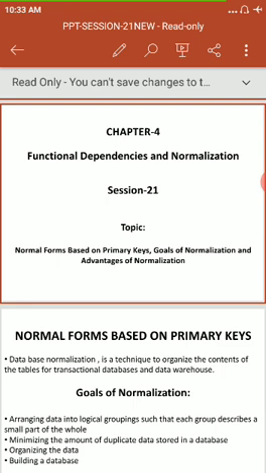Like that, the same thing can be done in normalization. It is a technique. Here what we will do? We will organize the contents of the table for transaction databases and data warehouses.